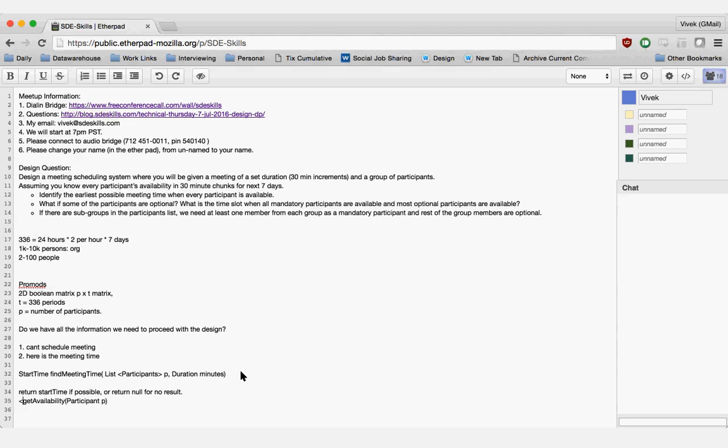If it gives me the times that they are busy, I can do an inversion myself, but ideally they would just give me all the start and end times that they are available. And what would that data look like? Ideally, it's a list of sorted intervals.